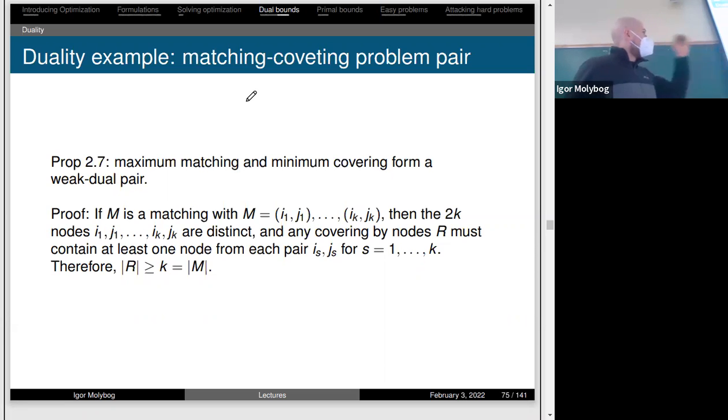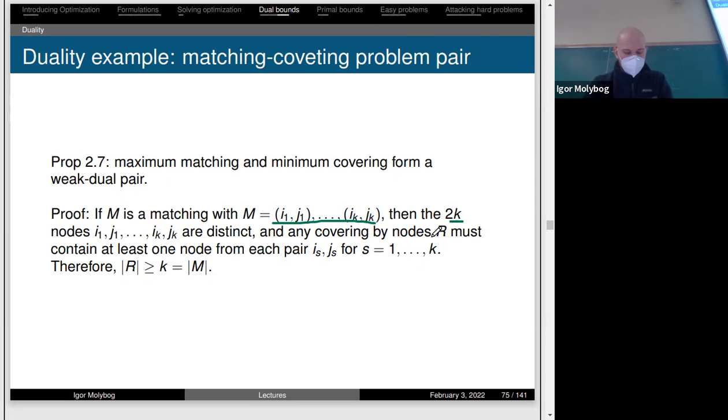Cool. So let's take a look at the maximum matching and minimum covering forming a weak dual pair. So how to show this fact? Well, first of all, if M is a matching with edges I1, J1, and so on, with k different edges, then there are 2k nodes that are distinct, and